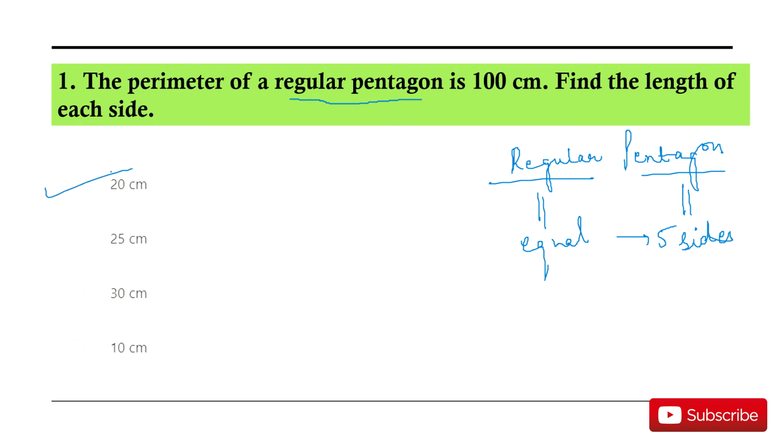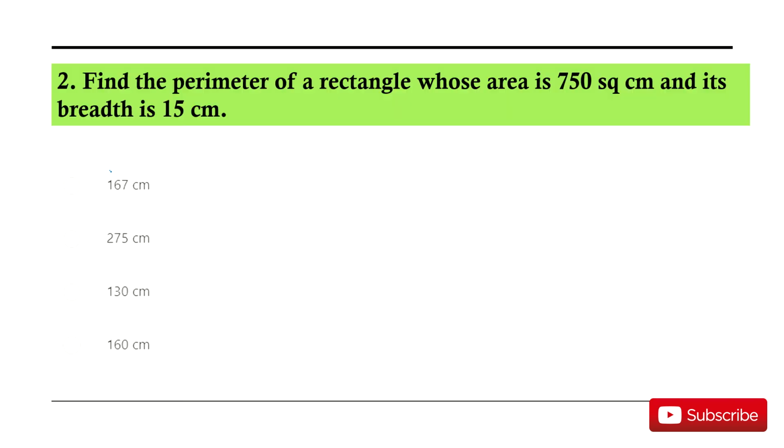Alright. Now let us move to the next question, that is, find the perimeter of the rectangle whose area is given to you and the breadth is given to you. Now this is something interesting. We need to know two formulas to calculate. First is perimeter. I have initially told you that perimeter is equal to 2 into length plus width. Yes, and we should know the second formula for area. So this is a merge of two concepts.